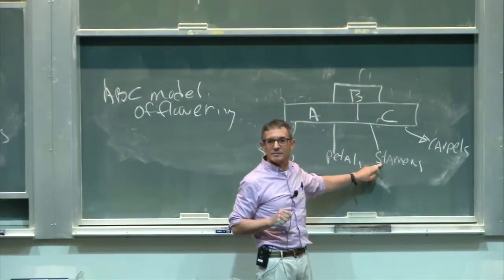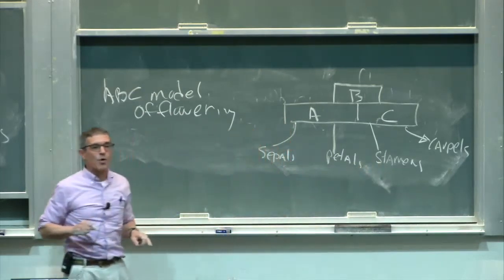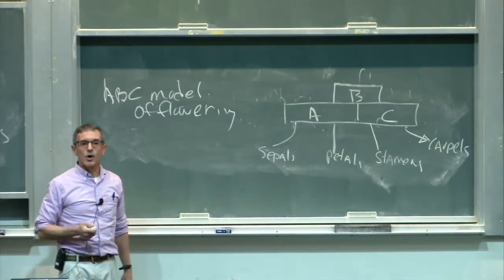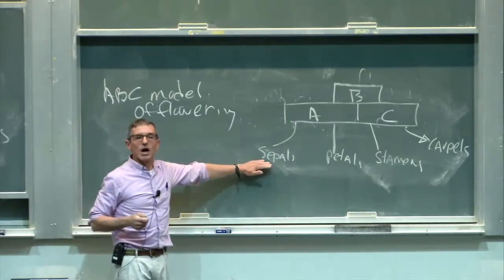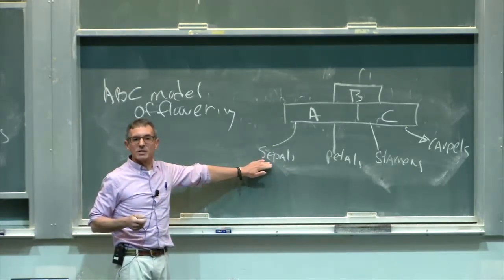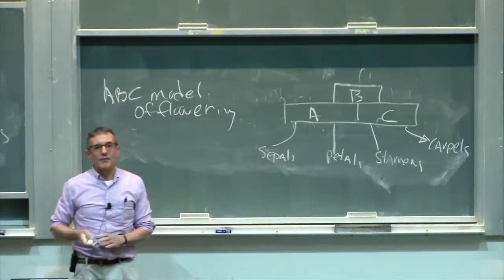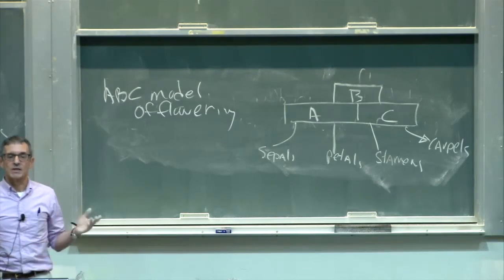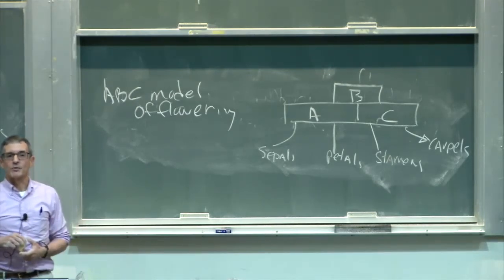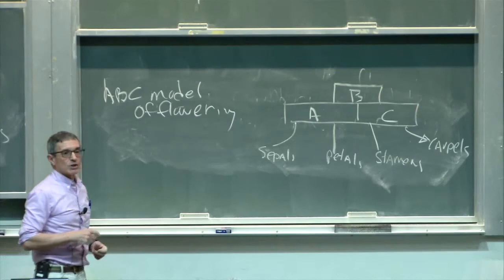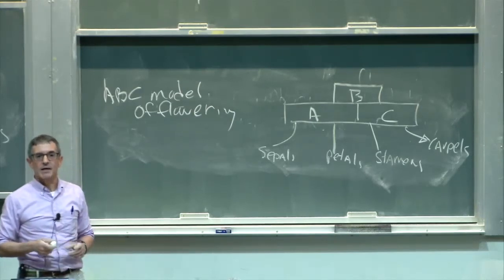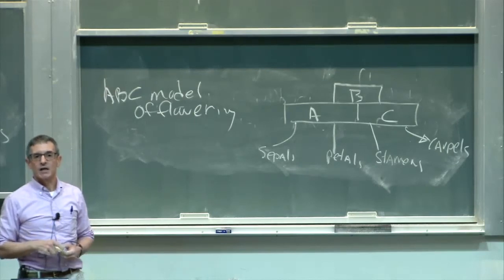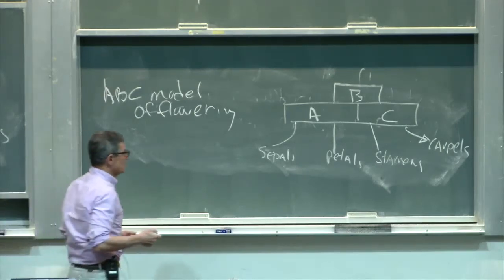Everybody clear? Okay. So this has been an important model, is now being used and refined, and many of the workers now base their approaches looking at flowering based upon this model. Now, obviously, if we're going to get flowers produced, the product of the flowers, aside from the beauty, what we really want are the fruits and the seeds. And what I'd like to talk about in the very end is the production of fruits and seeds and something about the physiology and biochemistry of fruit and seed production.